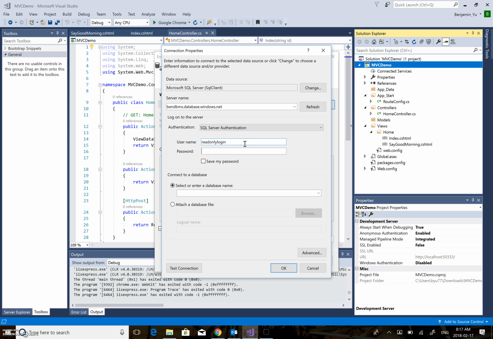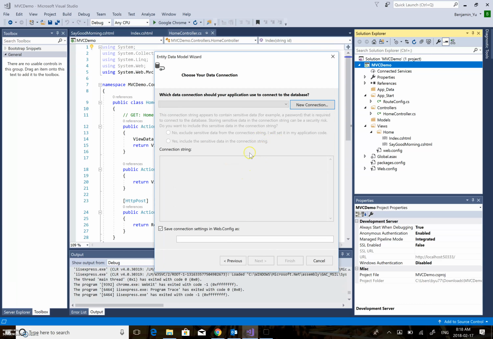I have a username, a read-only login. So save my password, and the database I'm going to use is bindbms. I can right away test my connection to see whether it works or not. It's indeed okay. So I hit OK now,